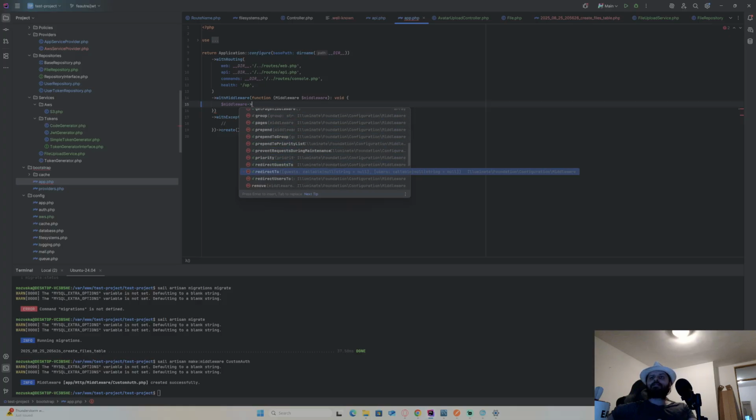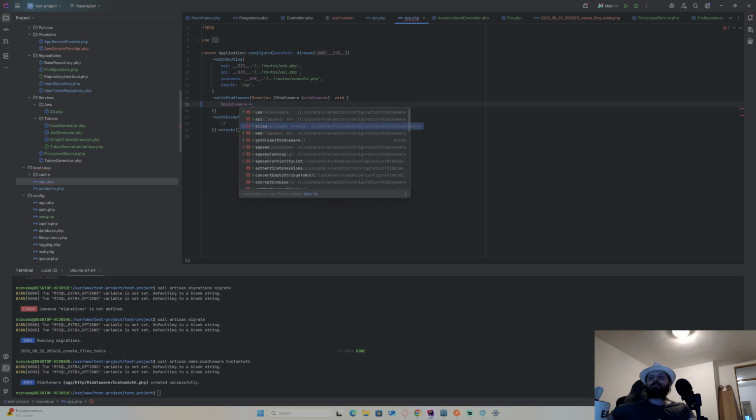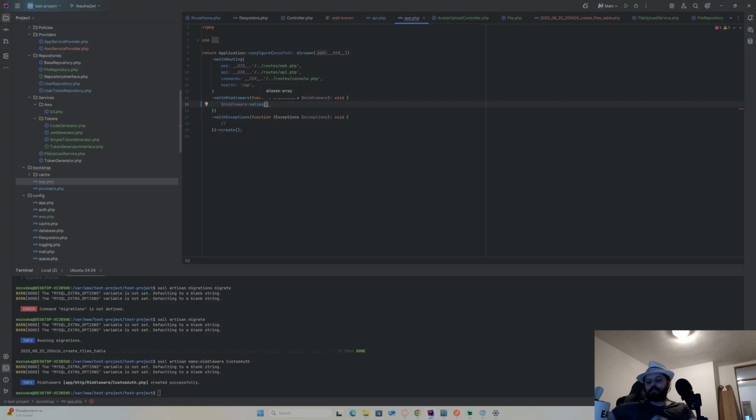Or I can just put it in the route. I can put an alias here. Okay, so I'll put this custom auth, and call it just custom auth. I think that's enough. I'd need to register it if I didn't add it automatically to some of the groups, which I don't. I just want to use it directly on the routes, so it should be fine.